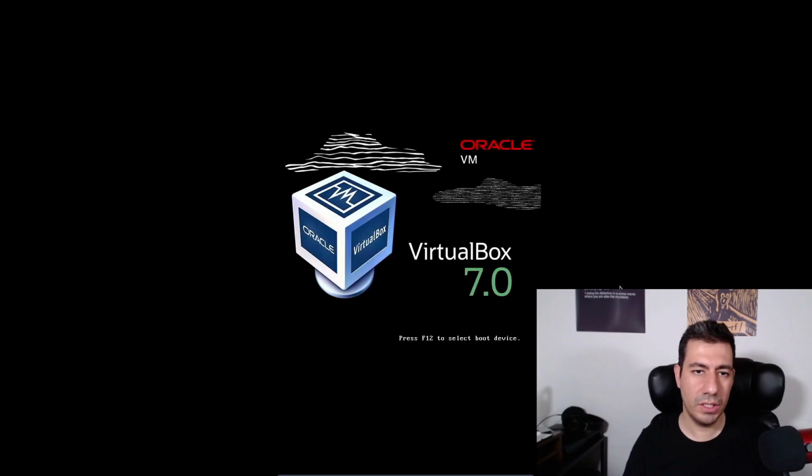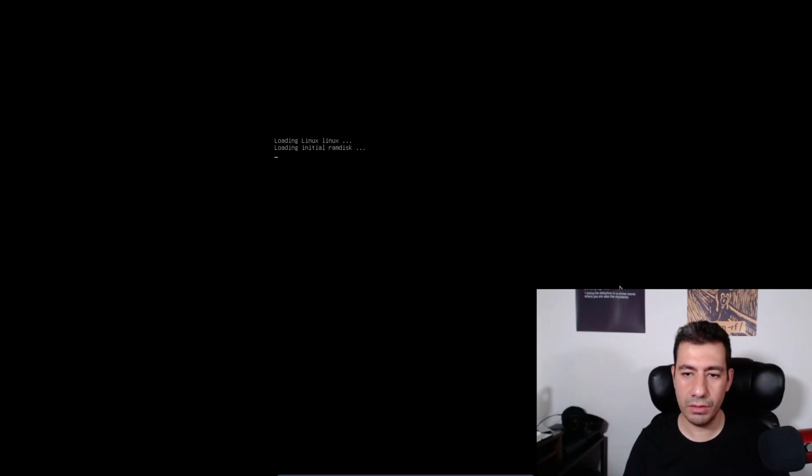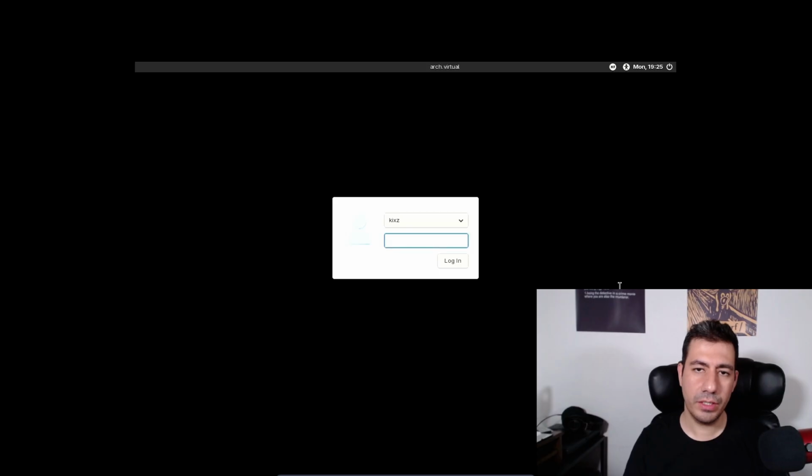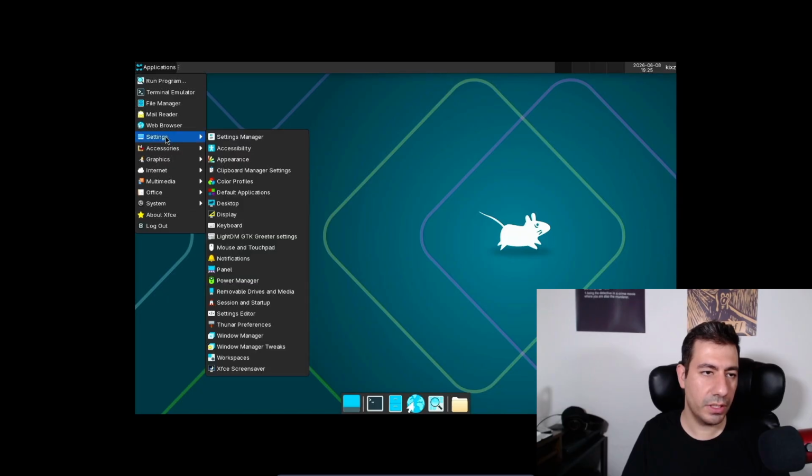Afterwards we should see the LightDM and be able to log in to the Xfce. Let's wait for it for a couple of seconds. All right, now you can see this is the LightDM. It's not configured at all. It doesn't have a background. The background is black. Again, if you want to customize it, watch the video I have created a couple of years ago. And now we are going to log into the Xfce,